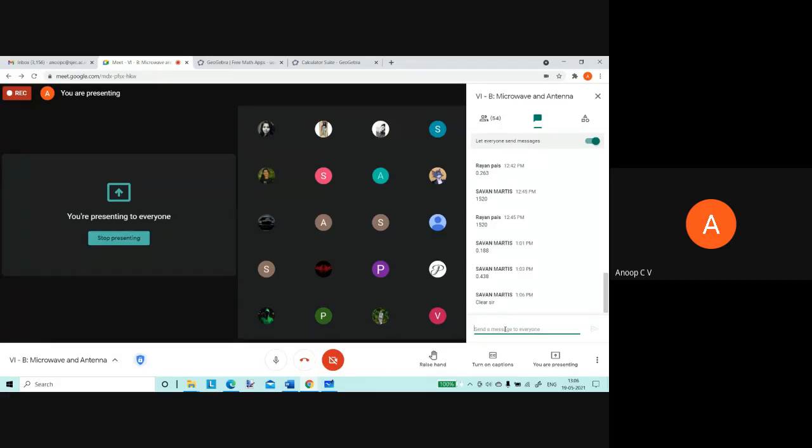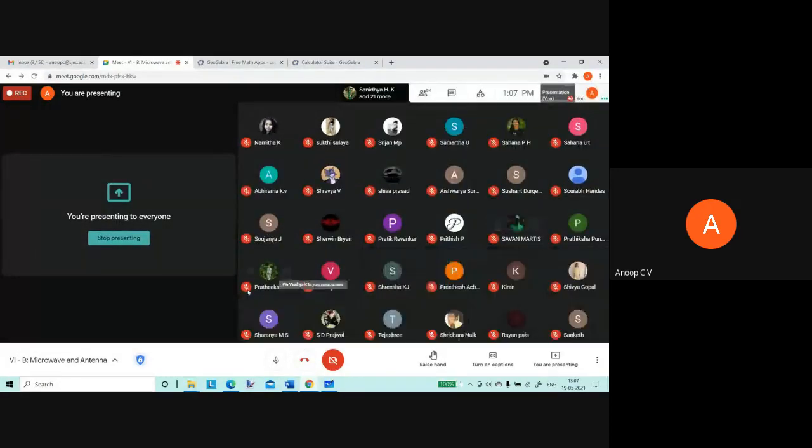And you can see we don't have to do any calculations. It's just a set of procedures. If you know what the Smith chart is, then everything will be done within no time, right? So now please tell me, Smith chart or these complex analytical equations, which is better? Smith chart, sir. Smith chart is better, right? I need someone else other than Savan also to answer me. Can anyone else?